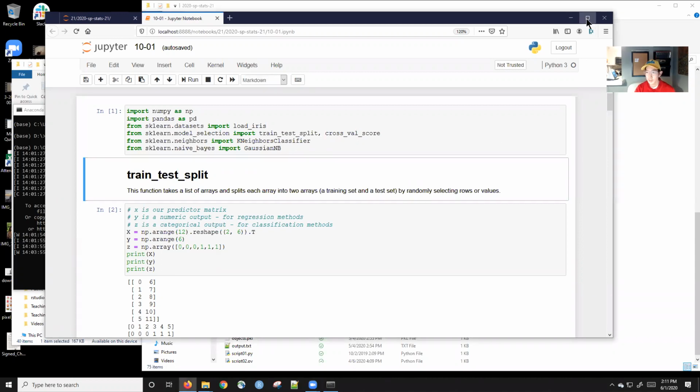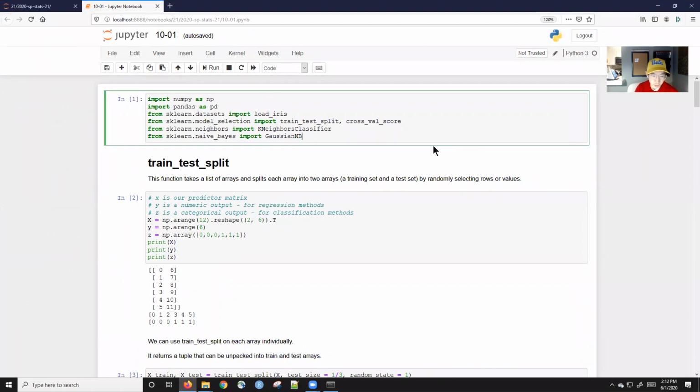Okay, so we're going to delve in just a tiny bit more on sklearn, scikit-learn, which is what we use for machine learning and whatnot. I'm going to focus on this concept of cross-validation and train test split. The idea when you are trying to fit models, machine learning models especially, is